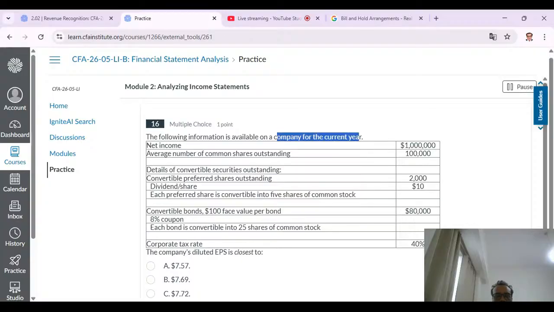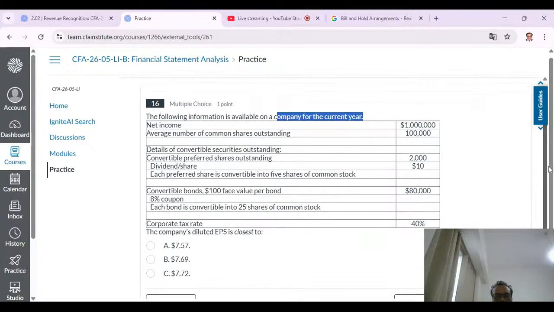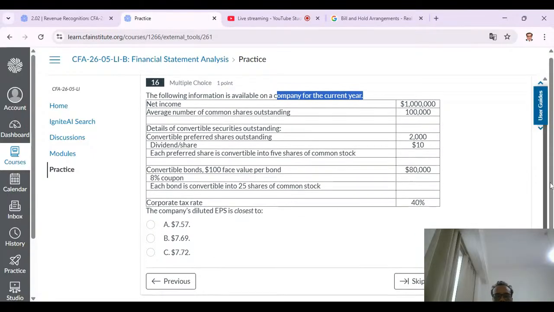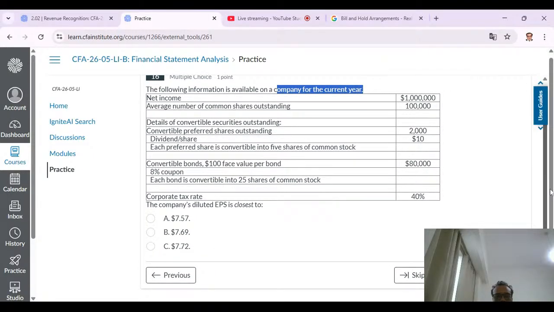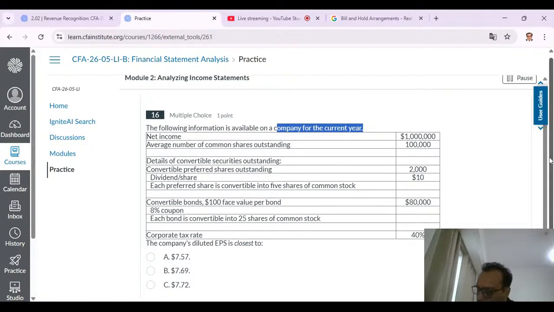The following information is available on the company for the current year. Net income है, ठीक है, convertible securities outstanding दे के रखी है, preferred stock outstanding है, dividend कितना था वो भी दे के रखा है, और each is convertible into 5, convertible bonds दे के रखा है। Company's diluted EPS is closest to: numerator पे impact देखो और denominator पे impact देखो। Numerator पे net income is 10 million, और नीचे सबसे पहले 100,000 डाल दिया, फिर denominator में अगर preference shares equity में convert हो जाते हैं तो कितने होते हैं, each is converted into 5, so 5 into 2,000 is equals to 10,000,